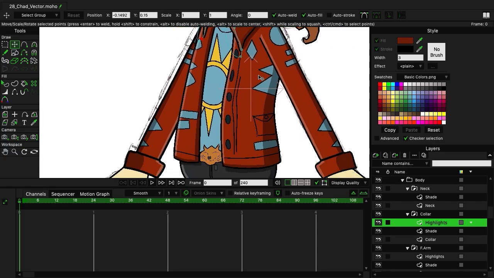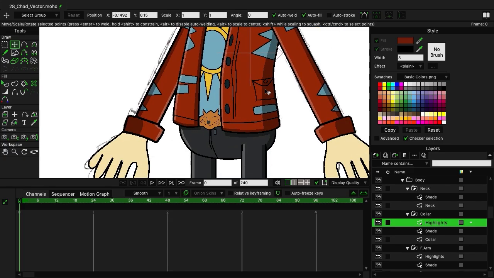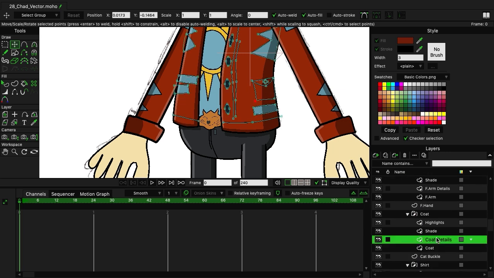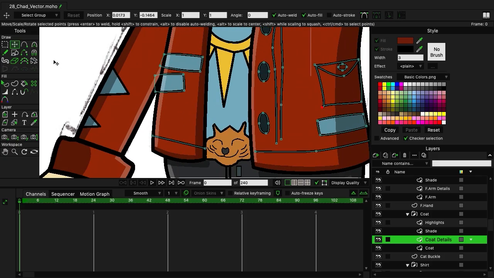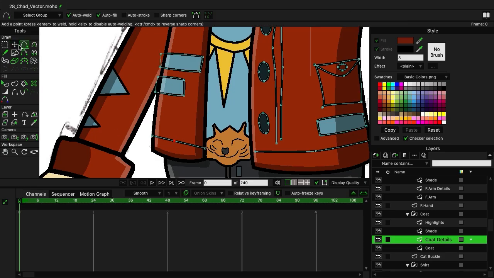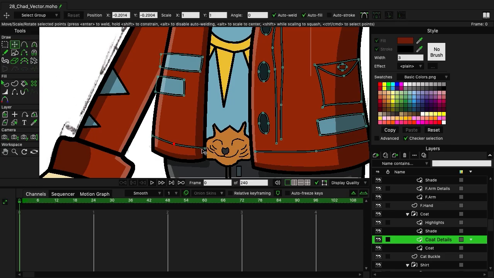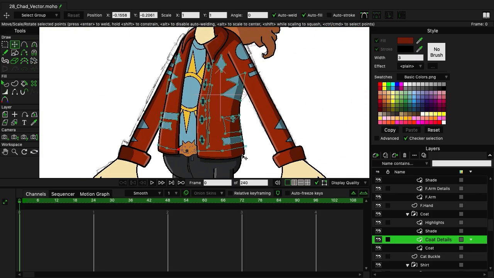And we can now move down. All the line work is looking good, except maybe for this part right here. If I come down here to the coat and look at the coat details, I feel like I could straighten this out a little bit more so it looks more in line with the top one. And then for this line, I'm just going to add a second point and create a slight bend. And I think that'll help with that line. So now if we come back out here, and actually I might move that one down just a little bit,